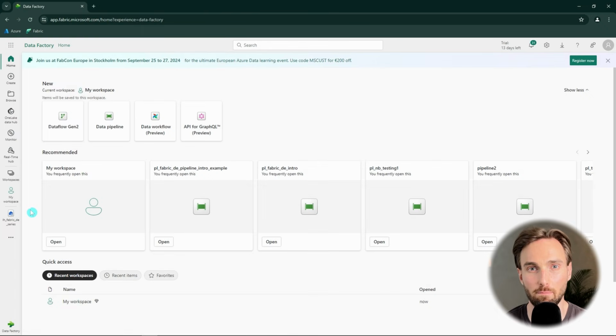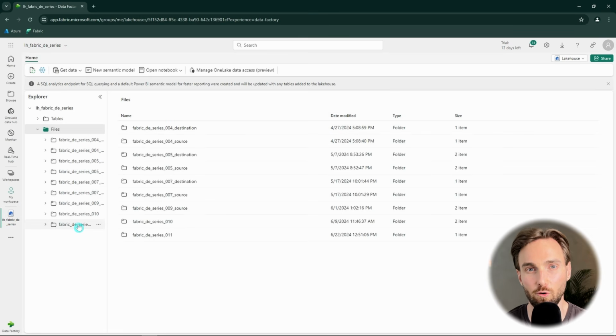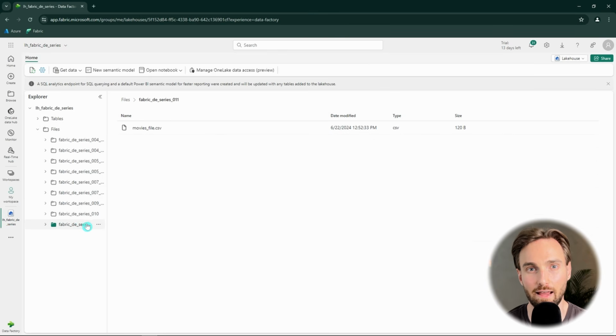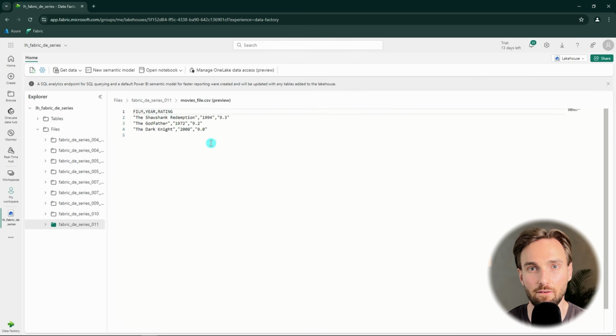Let's first open my lakehouse, where I have created a new folder called Fabric DE Series 11 and added one file to that folder called movilsfile.csv. In that file I have a header and a few rows of data. Next, I would like to use this file as an example to demonstrate how the get metadata activity works in